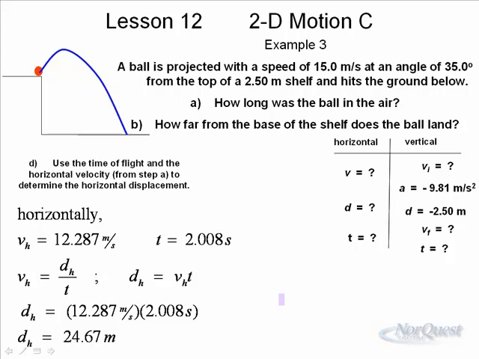We know that the ball was in the air for 2.0 seconds. So since V is equal to d over t, then dH, or d horizontal, is equal to VH times t. 12.287 times 2.008, and we get 24.67 meters, and that would be rounded to